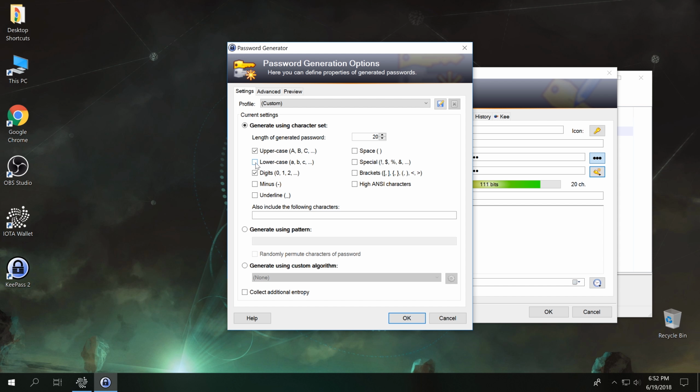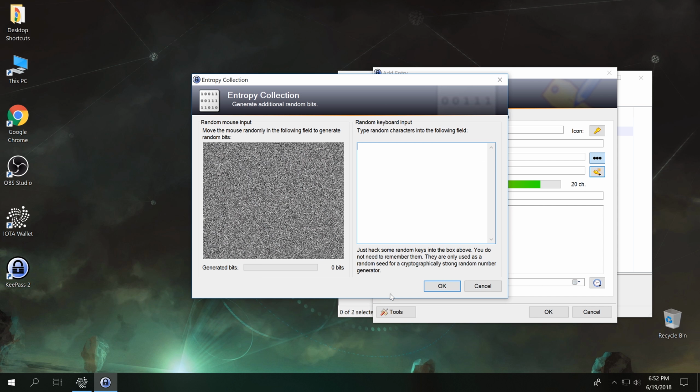So we're going to uncheck lowercase, we're going to uncheck digits, we're going to leave uppercase checked, and we're going to add the number 9 here where it says also include the following characters. Now we're going to change the length of the password to 81, and we're going to check this box that says